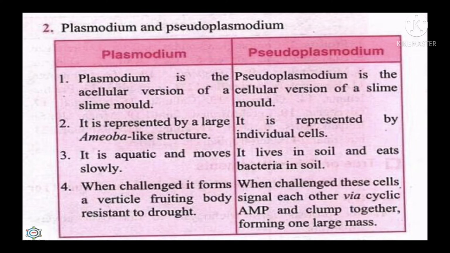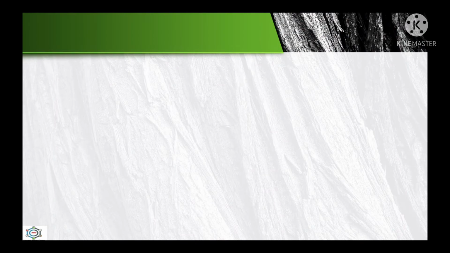Plasmodium, when challenged, forms a vertical fruiting body resistant to drought, while in the pseudoplasmodium, when challenged, the cells signal each other via cyclic AMP and clump together, forming one large mass. So these are the main differences between plasmodium and pseudoplasmodium. Now, some other general characters of slime molds are: